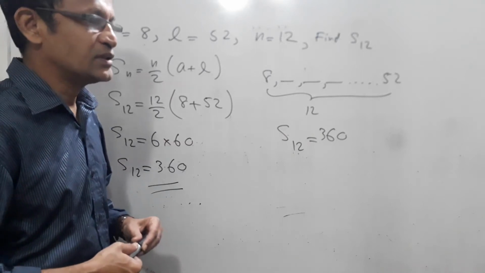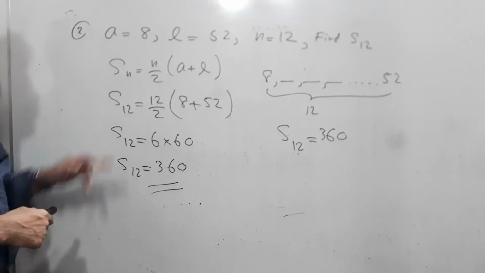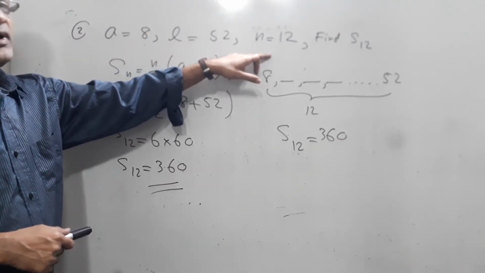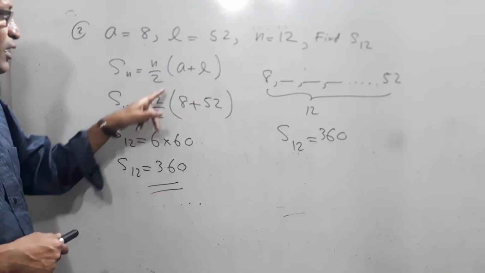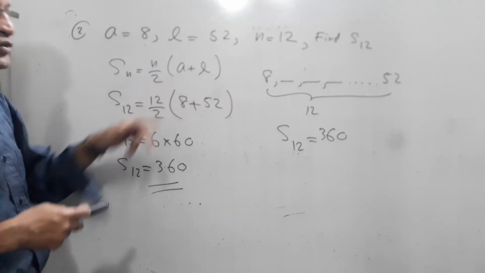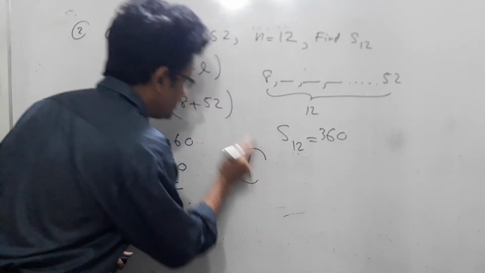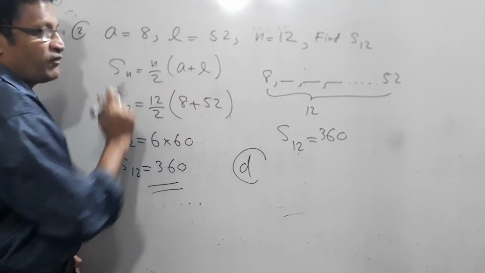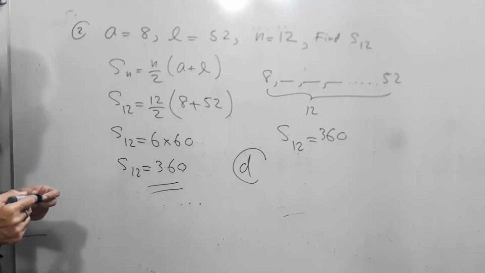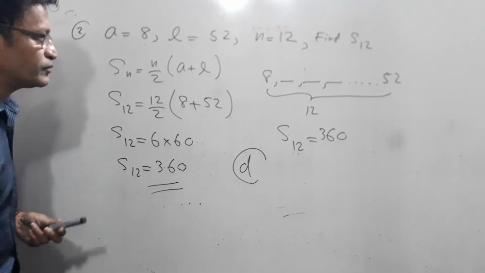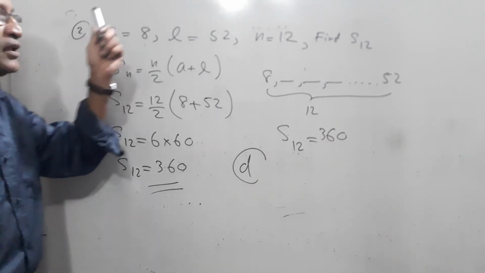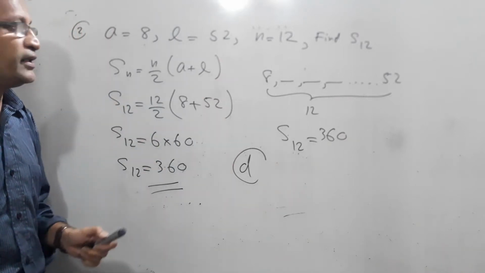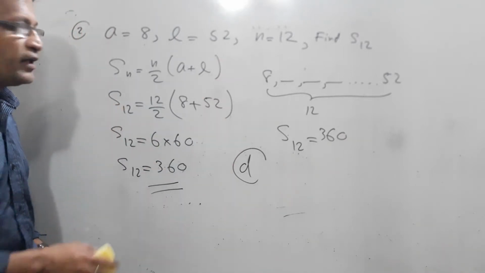Okay. So in this method you need the first term, the last term and the number of terms. The common difference is not needed because in this formula there is no D. The common difference uses the symbol D, which is not here. We need A and L, the first term and last term, and the number of terms. Then you can find the sum of n terms. So when the first term, the last term and the number of terms are given, to find the sum of n terms, you have to use this formula. Right?